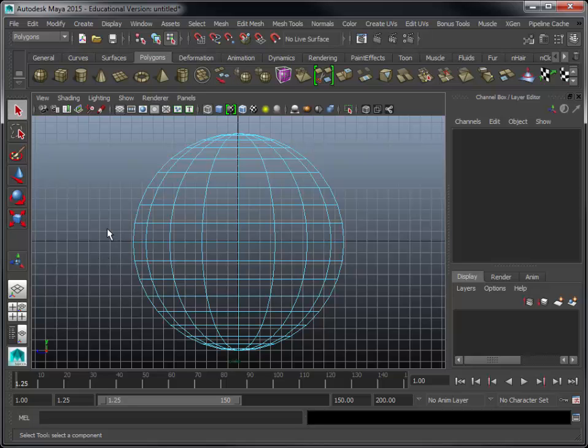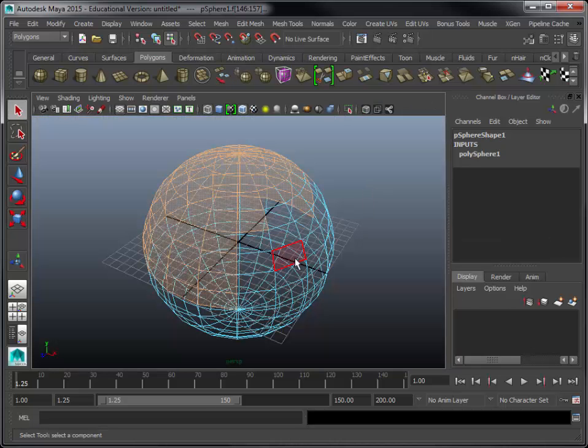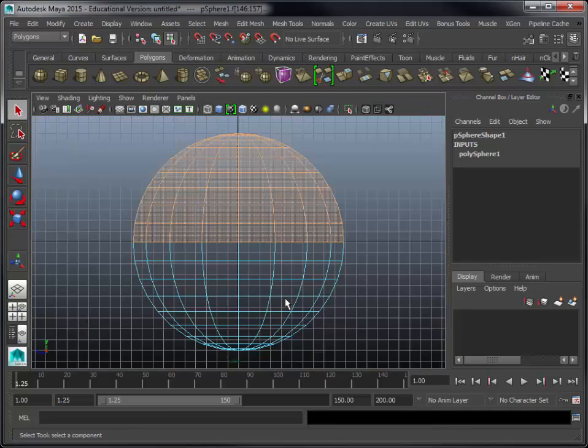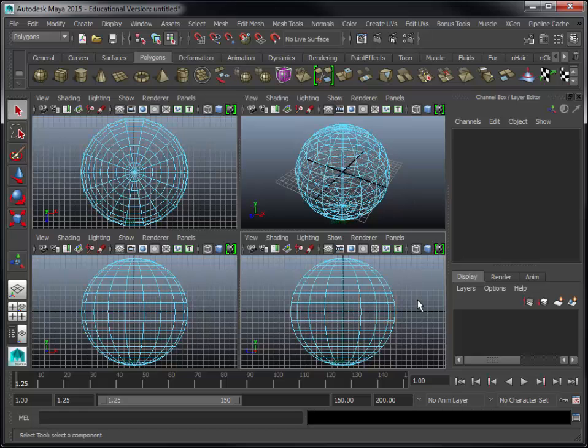And with it selected, everyone should select the faces that constitute the top half of the sphere in one of the orthographic views. Again, we were pressing the space bar a minute ago to go between these views. And the reason it's better to sometimes do so in an orthographic view is because you can accidentally select what